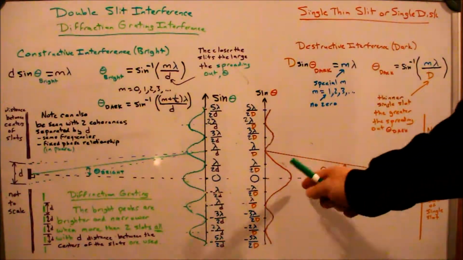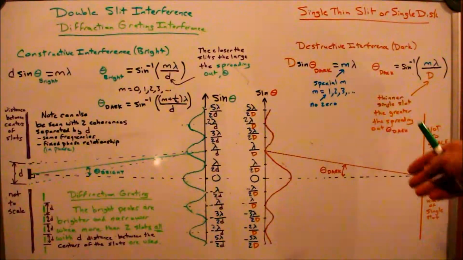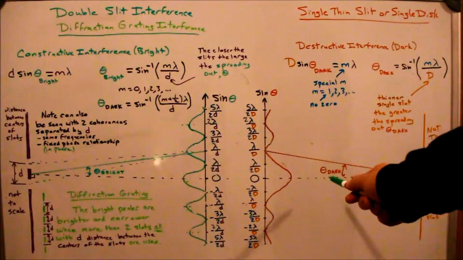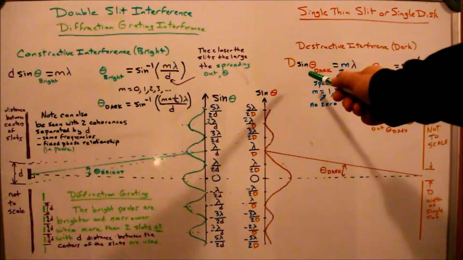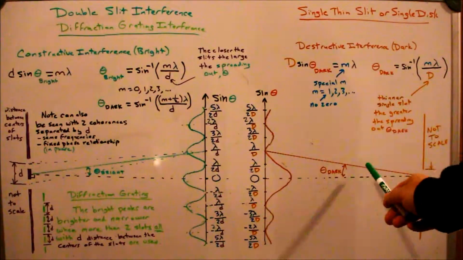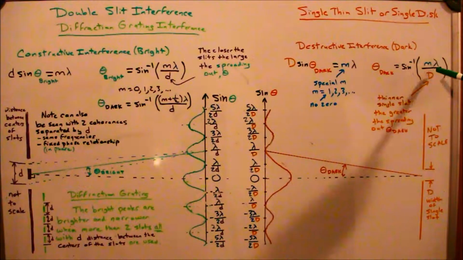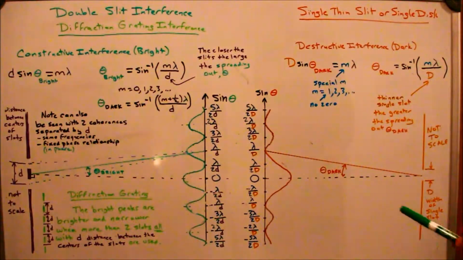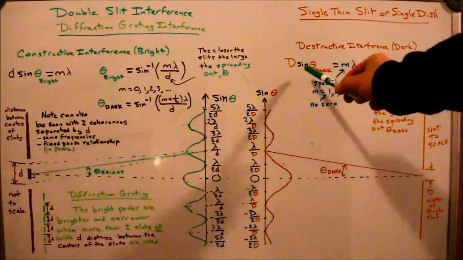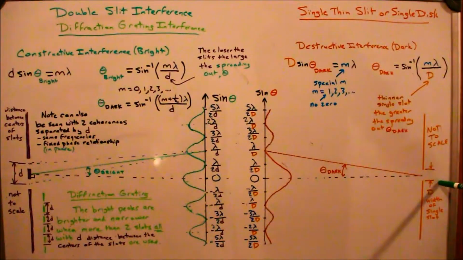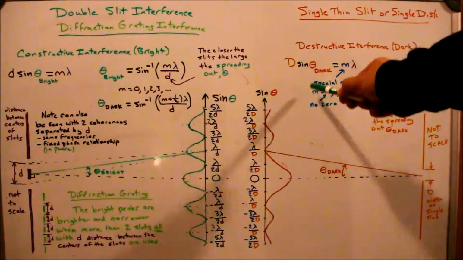As you'd expect, at the center again it's bright. But this time, if one did the trig, you'd find, and theta is still measured the same way from the center, that at an integer number of wavelengths over this width of the slot, it's now a dark region. So this is the equation for the single thin slit: d, the width of the slot, times sine of theta dark